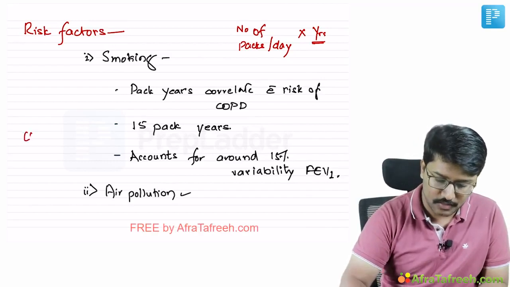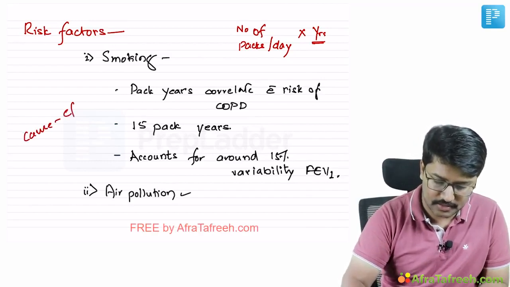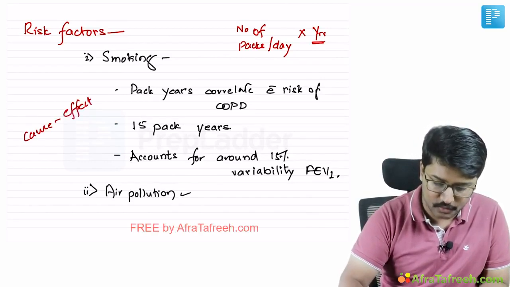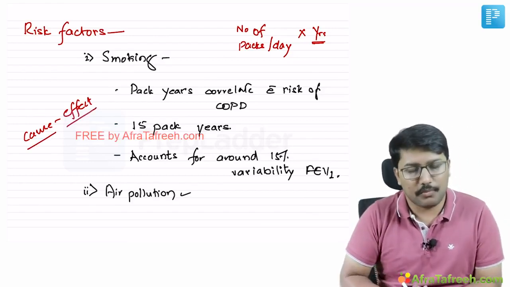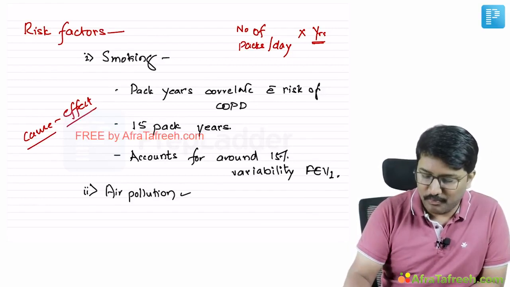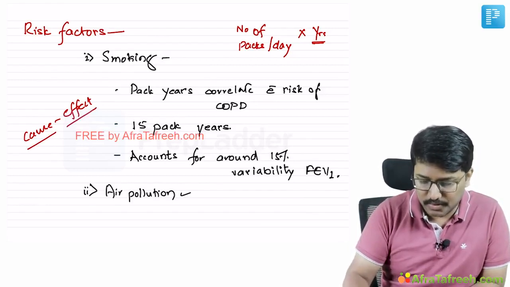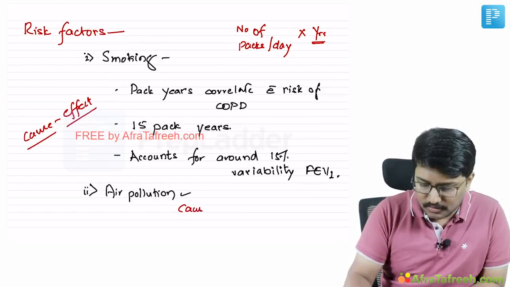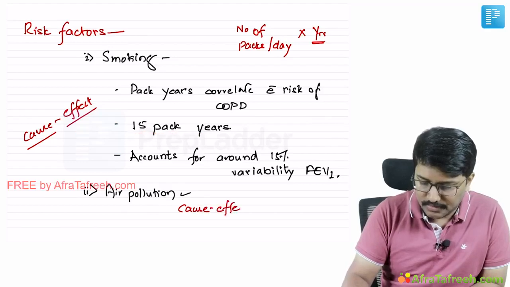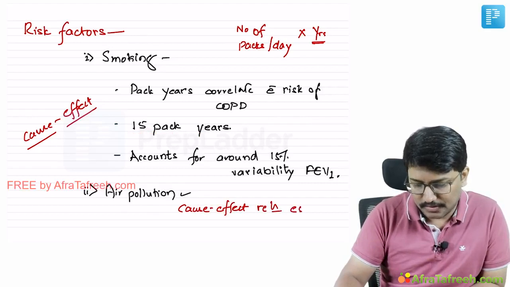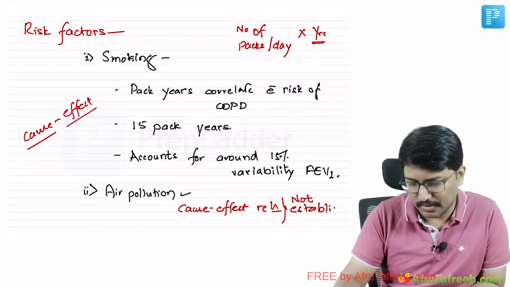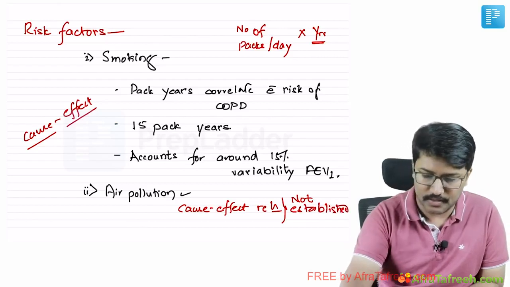So, in case of smoking, the cause-effect relation is well established. So, we can consider smoking as a causal agent. But in case of air pollution, I cannot say so. It might be associated with increased risk, but the cause-effect relation is not established. You need to remember this, because there may be an MCQ on this, whether it is